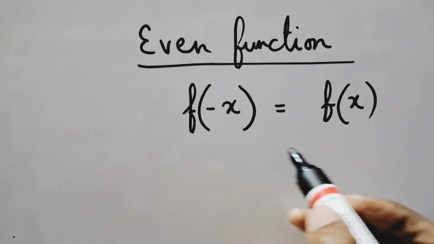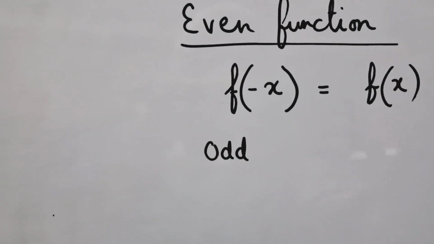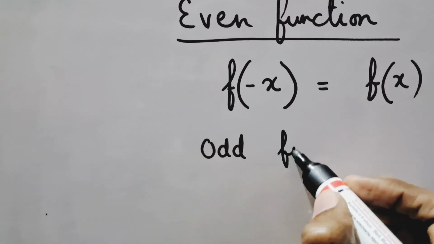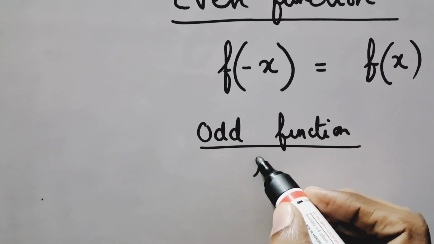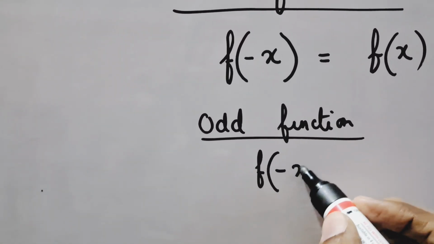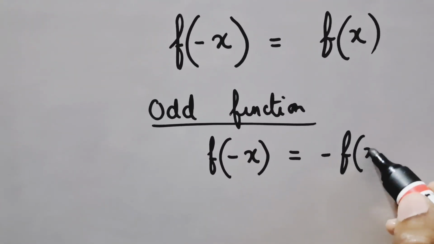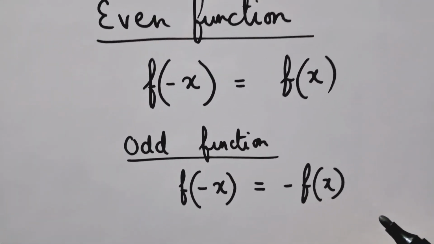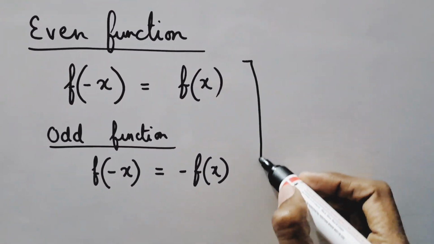And what is an odd function? A function is odd if we calculate f of minus x and we get the negative of the function, minus f of x. That is an odd function. Why are we knowing this? Because we have to know the corresponding